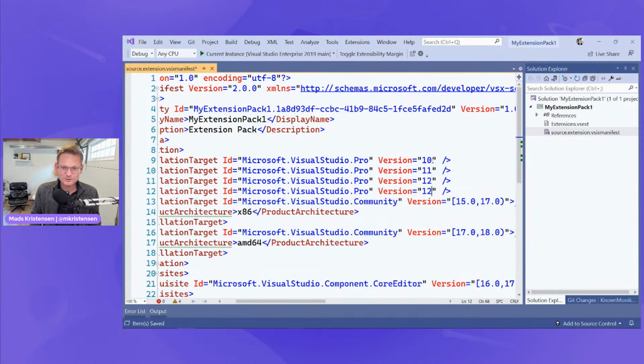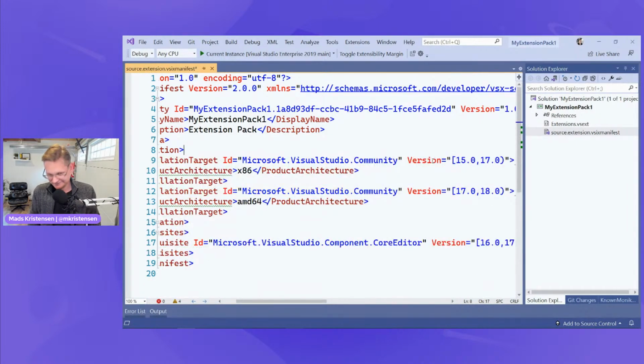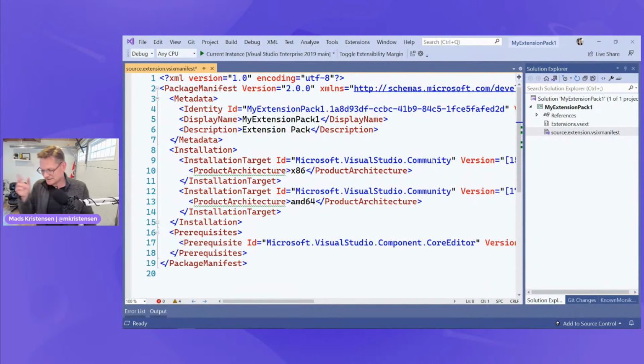And then when it came to Visual Studio 14, all of a sudden we could do this, right? We could say 15.0, not included, like that. So that's how my extensions looked for a long time. Personally, I don't think it's a big deal, but that's the way it is. I hope it makes sense.